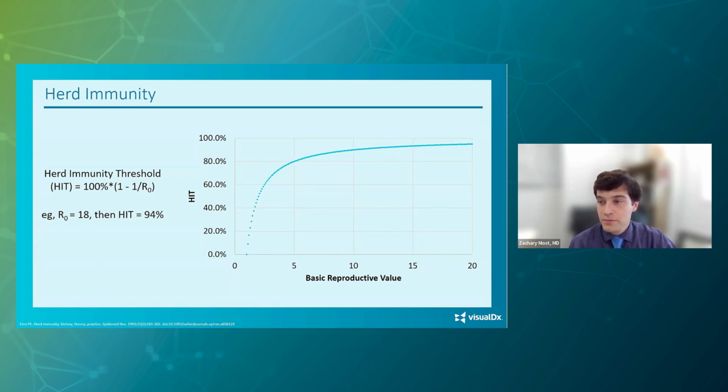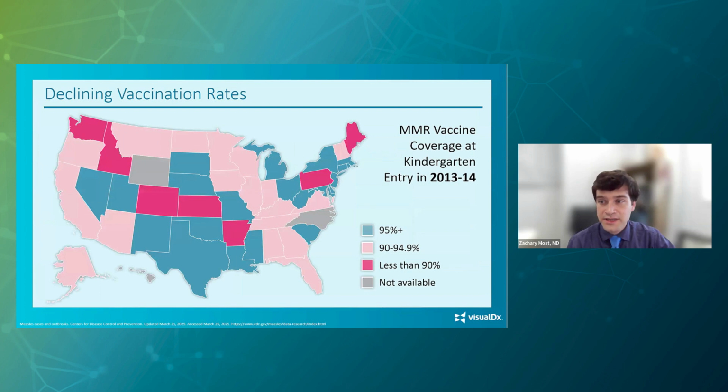But the key here is that the more contagious the disease is, the higher the vaccination level needs to be in order to prevent outbreaks. Because measles has a very high basic reproductive number, it requires a really high vaccine uptake level to prevent outbreaks. So when vaccination levels start to decline, we predictably would see measles come back as the first vaccine preventable disease, which could then be followed by other vaccine preventable diseases if vaccination rates continue to decline. And unfortunately, vaccination rates have declined pretty substantially in this country.